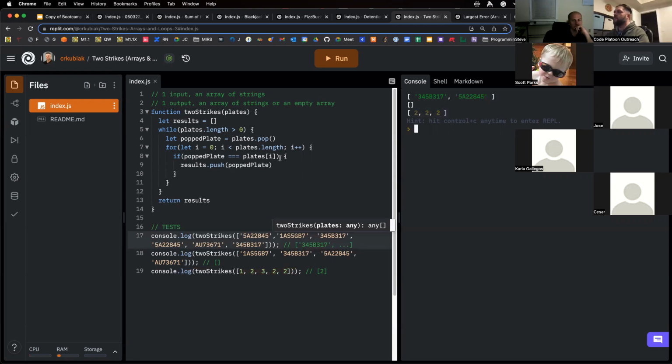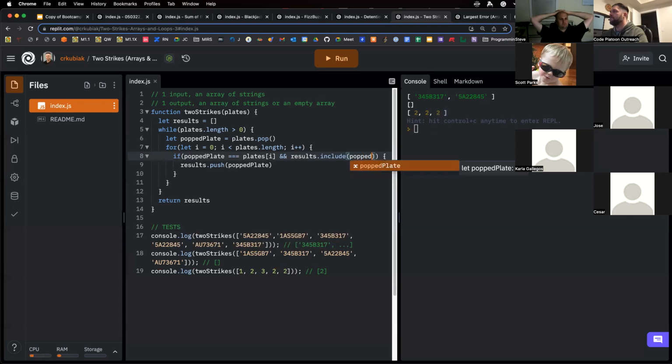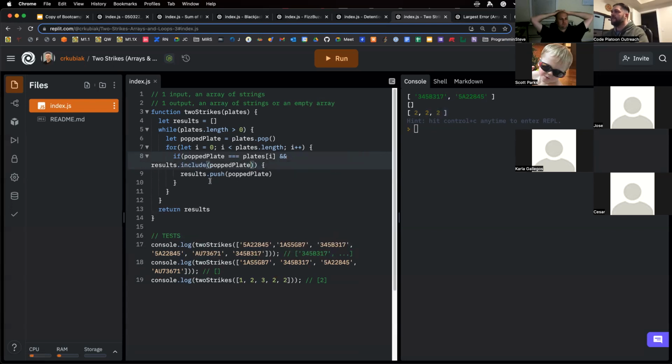Well, you're on the right track. We want to clean up our if logic, but what we want to do is conditionally do it based on if that result is already included inside of the array, right? And so both of these need to be true. results.includes(poppedPlate). Now this gets us one step closer, but this will only return true once it's already in there. So if I run this, oops, this probably includes,